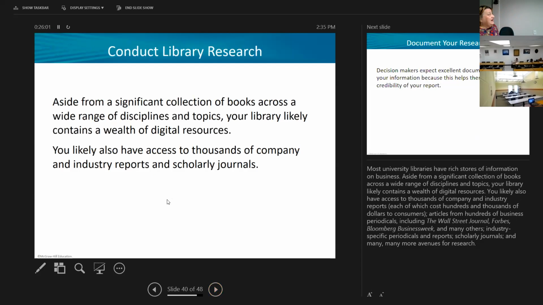Okay, more than likely you are probably aware of all the tools that your library has now, above and beyond typical books. Most everything can be found digitally. I wonder how much longer our libraries will really be in existence, because we just find about everything online these days. There are also thousands of company and industry reports and scholarly journals. If you use any of these,